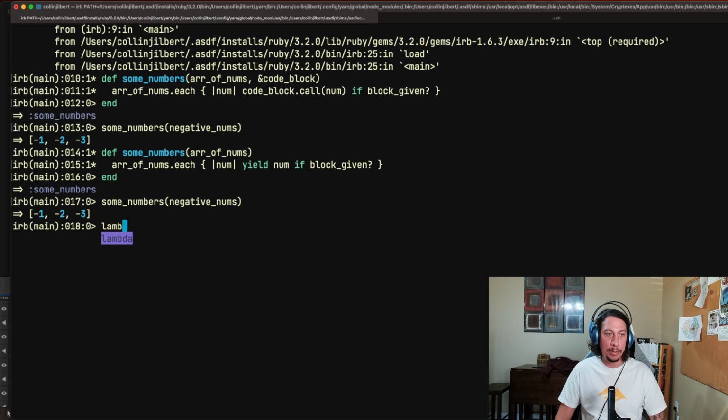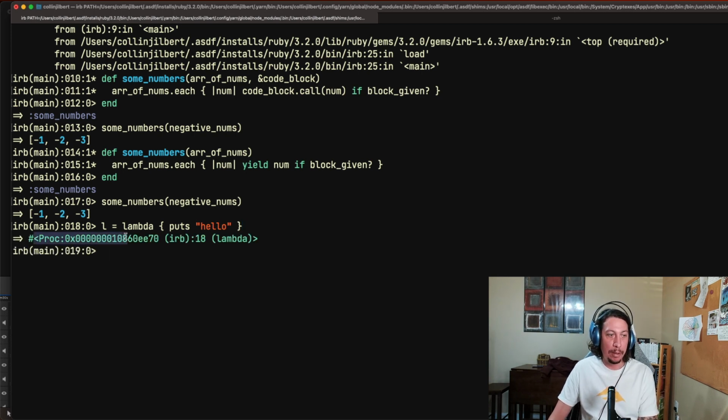So we can use the lambda method like this, and that takes a block. We can say do, or we can do the curly brace syntax. Let's just do curly braces right here, and we'll just say puts hello. Okay, and we'll end off the block that the lambda method takes. And actually, let's save this off to a variable. Let's just call it l for now. So l equals lambda do puts hello end. Okay, so if we hit return on that, we see that what we get back is a proc object, and